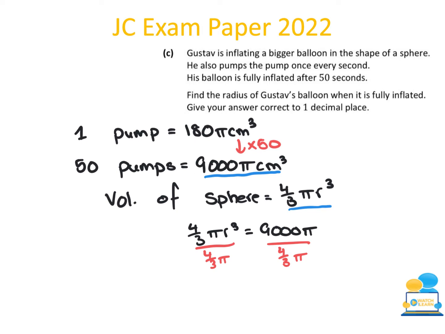That will allow me to cancel out the 4/3 pi on the left hand side, leaving me with just r to the power of 3. And once I pop 9,000 pi divided by 4/3 pi into my calculator, I should get 6,750. Now to finally get the r by itself, I need to remove the power of 3. And to do that, I'm going to cube root the r to the power of 3, which I must also do to the right hand side. That will cancel out the power of 3 and finally just leave me with r. And the cubed root of 6,750 gives me